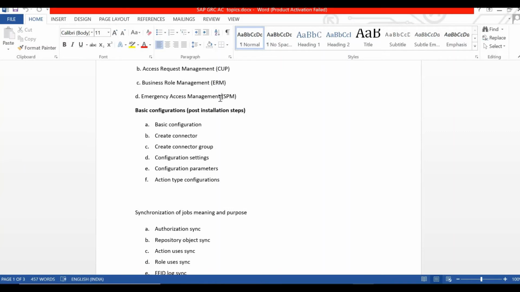Whatever activity is performed by the firefighter ID will also be captured in the form of a log. What activity he has done, which transaction he ran, which value he changed, everything is recorded in GRC. And there is one person, the controller, whose job is to review what activity has been performed. That configuration we learn in emergency access. There are especially two concepts, centralized and decentralized firefighter ID, which we are also going to learn in the emergency access management module.